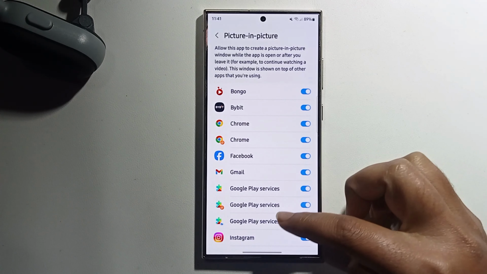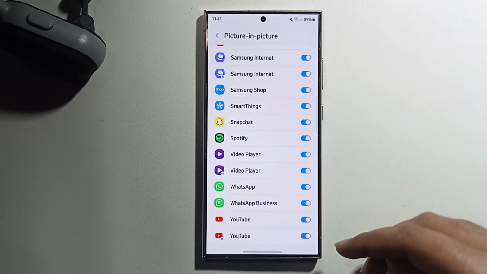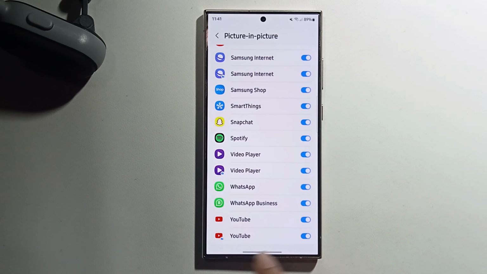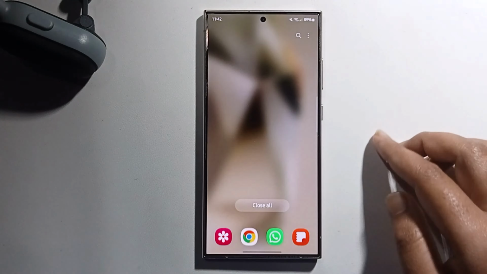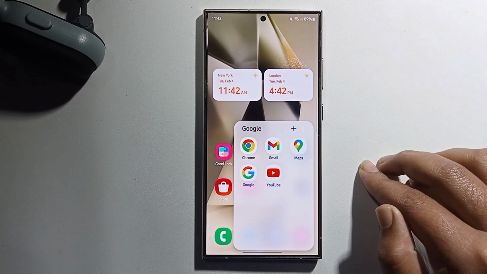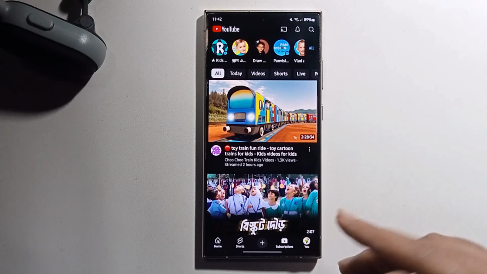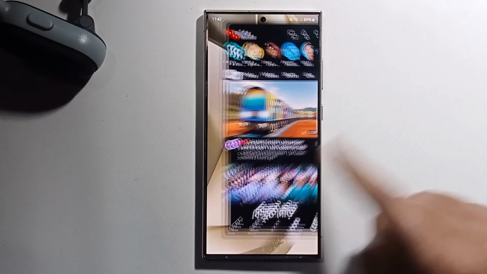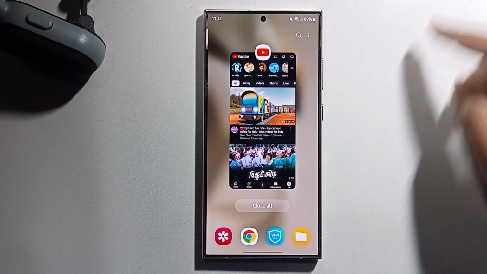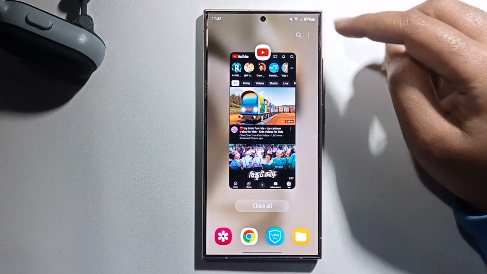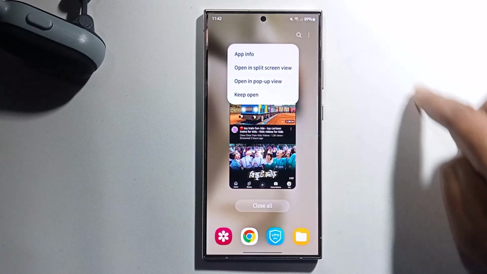Open this, scroll down, find YouTube and make sure to enable this. I've already enabled it, so go out and just open YouTube and go out. Okay, and open this, click on this YouTube logo